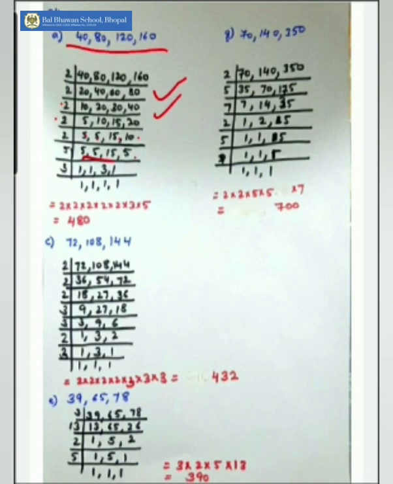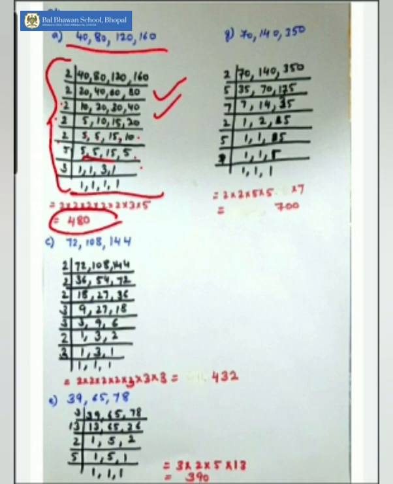Now you can see I have 5, 5, 15 and 5. All these numbers are divisible by 5. So I've taken 5 ones are 5, 5 ones are 5, 5 threes are 15 and 5 ones are 5. In the end, we are left with only one number, 3. So 3 ones are 3. When all the numbers are 1, we are going to stop our prime factorization over here. And finally, we are going to multiply all the numbers over here. On multiplying, I'm going to get the answer as 480.